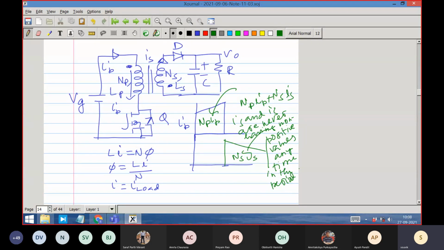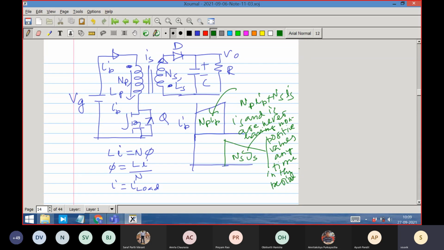The only difference from the buck-boost converter is that we have cleverly split it. Why was the splitting possible? Because in the buck-boost converter equation, either Vg comes or V naught comes. In the on time, the equation has no coupling between input and output, and in the off time also there is no coupling between input and output voltage. As far as the inductor is concerned, it is either getting Vg during the on time or V naught during the off time. They are never together.